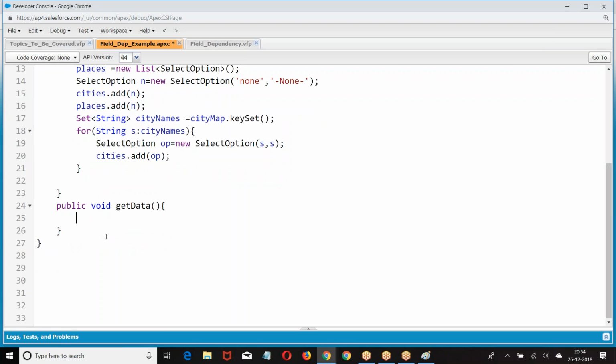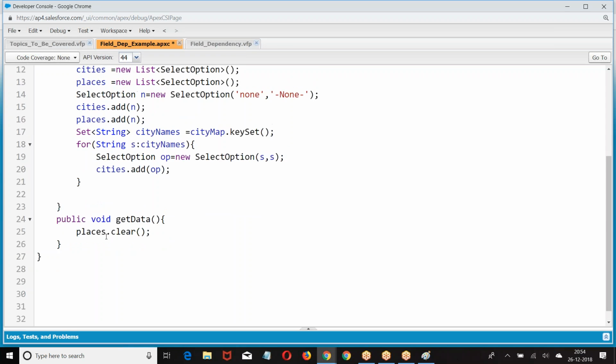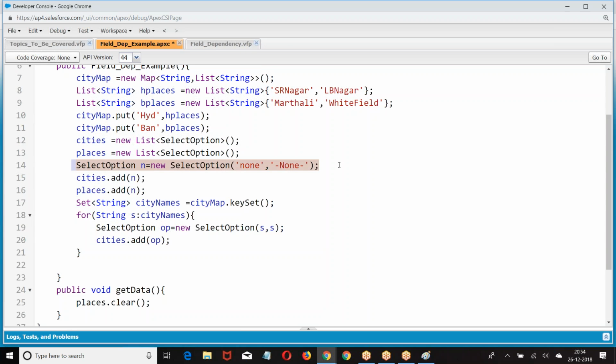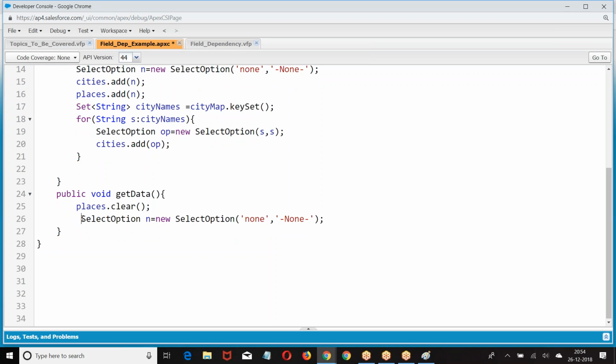First remove everything, places dot clear. Whatever existing places are there, remove them. First remove the existing places, because the existing value is Hyderabad. I change to Bangalore. What should I do? Remove the Hyderabad places first, add the Bangalore places. If I change from Bangalore to Hyderabad, remove the Bangalore places first, add the Hyderabad places. So I wrote clear. Then